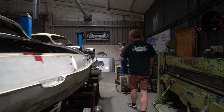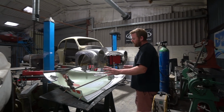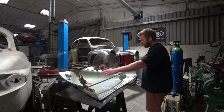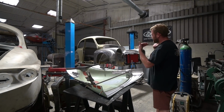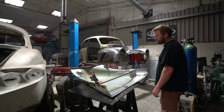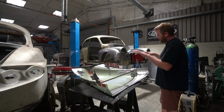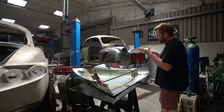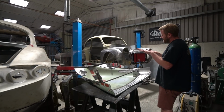So we'll start with the bonnet. We had previously done some reinforcement across here and designed a latching method here, because the bonnet, as you know, now flips forward rather than up from the front. But we weren't happy that it all latched, but there was a lot of flex in the bonnet still, and if you weren't particularly careful when you were shutting it, it was very easy to get it slightly out of